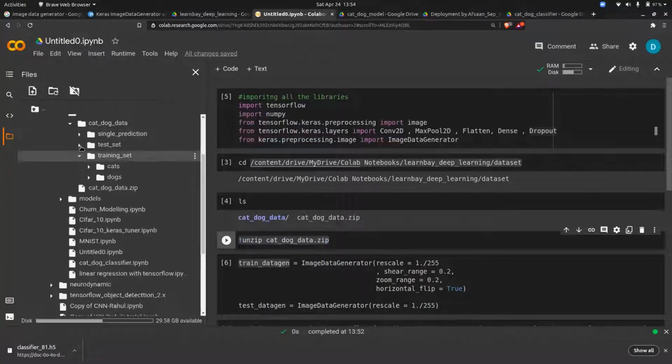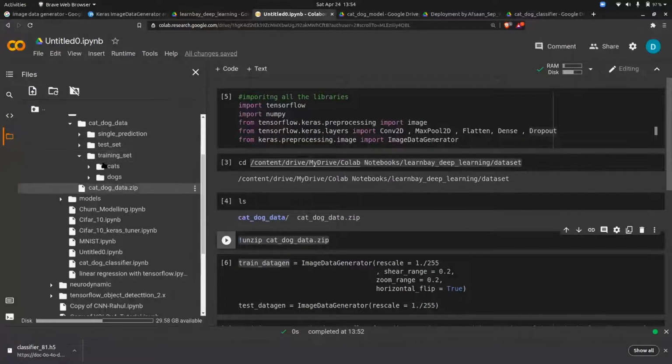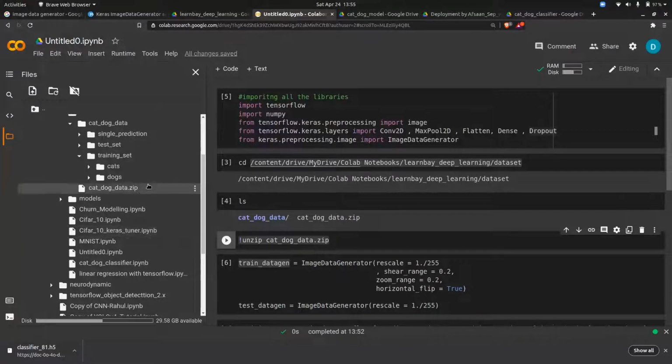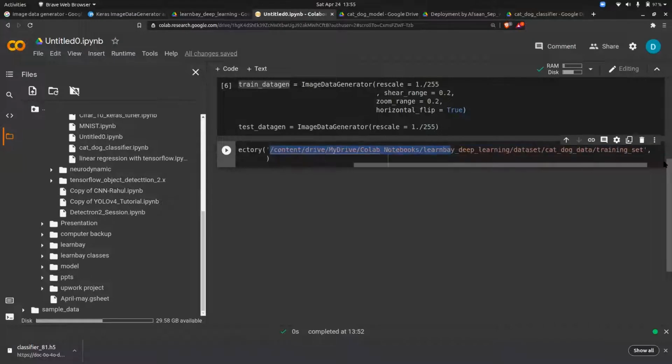Yes. Okay. So I'm going for training data, right? When you expand this, can you see cat and dogs there? Yes. So do one thing, on the training set, just right click and copy the path. Once you have done this, just call this particular thing and paste the path there. That's it. It's clear now? Yes, it's clear.